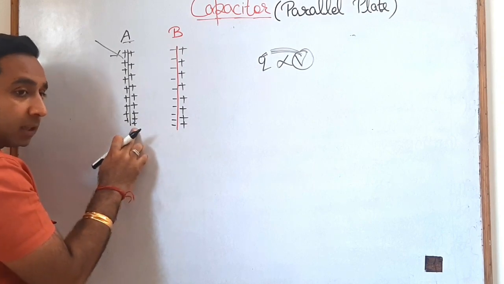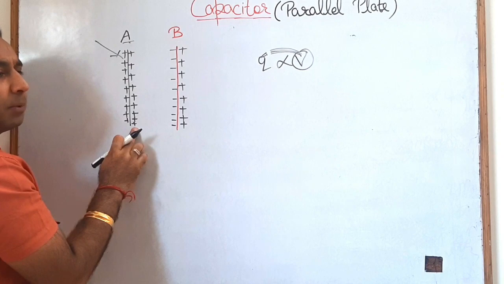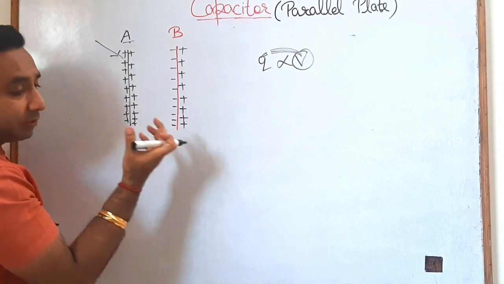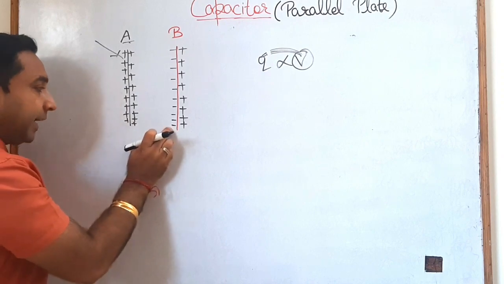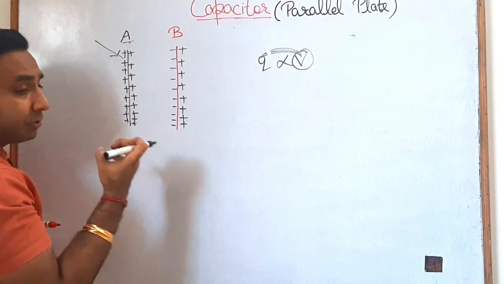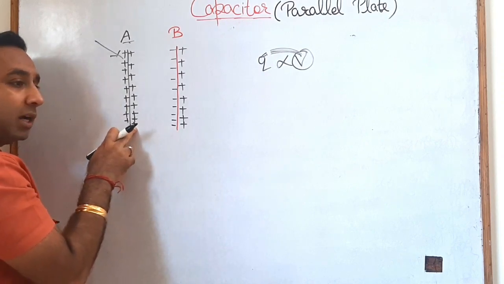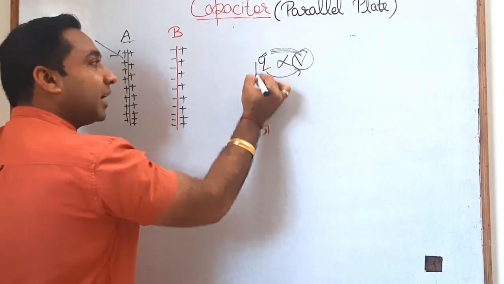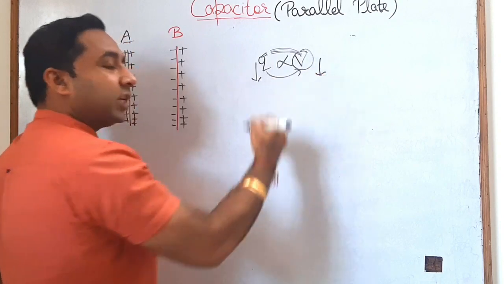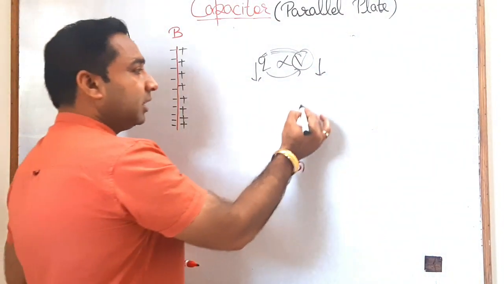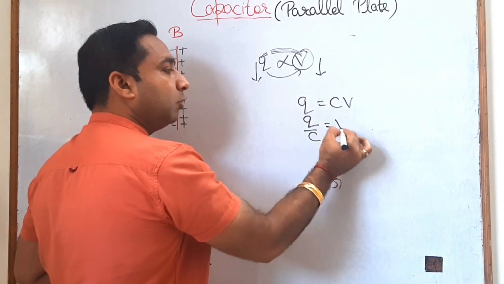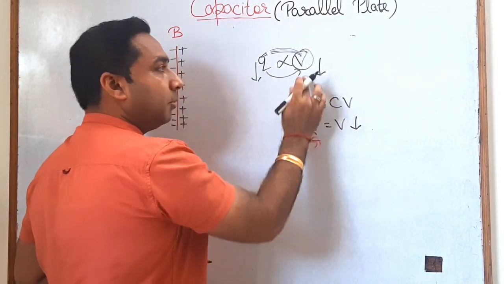This negative will reduce, or you can say that this negative charge reduces the potential of plate A। बेटा potential वर्ड क्यों यूज कर रहा हूं? अगर चार्ज रिड्यूस होगा तो नेगेटिव इस पॉजिटिव को न्यूट्रलाइज करेगा। अगर ये नेगेटिव पॉजिटिव को न्यूट्रलाइज करेगा तो चार्ज कम होगा, और अगर चार्ज कम होगा तो can we say that potential कम होगा। अगर चार्ज रिड्यूस होगा बेटा तो पोटेंशियल रिड्यूस होगा। और आपने क्या पढ़ा था? Q is equal to CV and Q by C is equal to V।